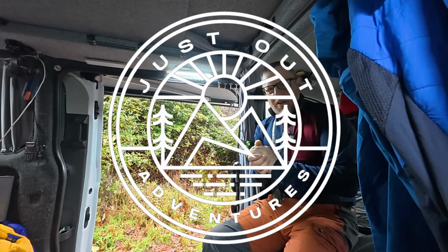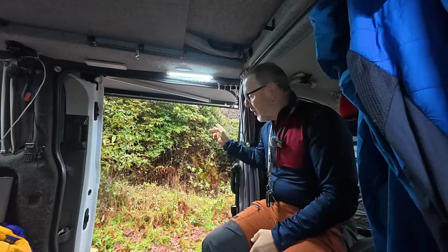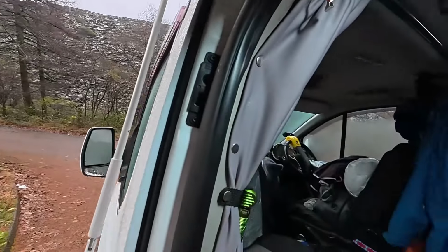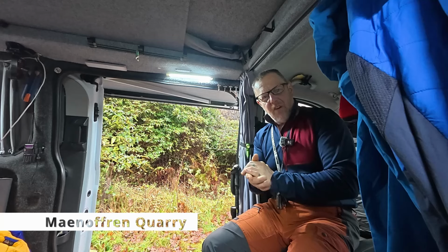We're about to have another adventure, and as you can see, we're out in the van, and through that door is green stuff. But beyond that green stuff is slate stuff. We are on our way up onto a quarry. The quarry name will be coming down on the bottom of the screen. I think it's called Maeniffren